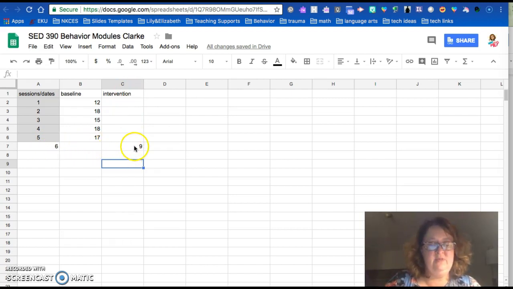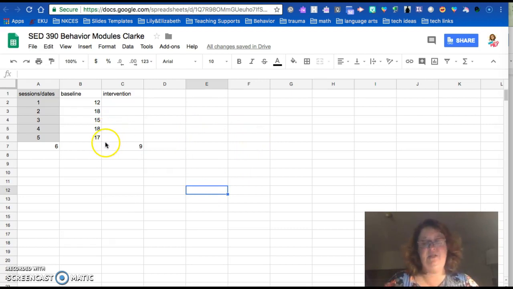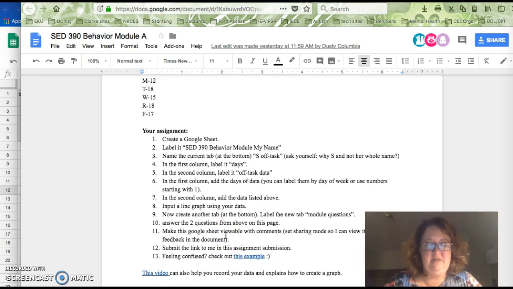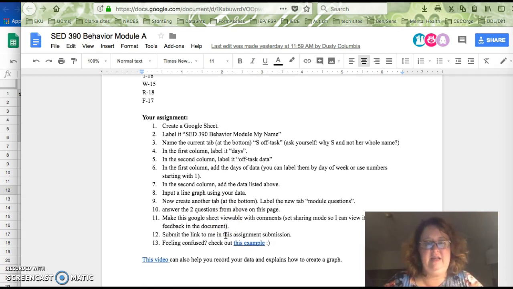And the reason for that is when you go to graph it, you want the graph not to have overlapping data points. And I'll show you more about this in class. But for now, please just take my word for it and put your baseline data in column B, have sessions or dates over here, and you will be on your way to a great start for your data collection. If you've got any questions, then be sure to ask me in class about how we're graphing the data.